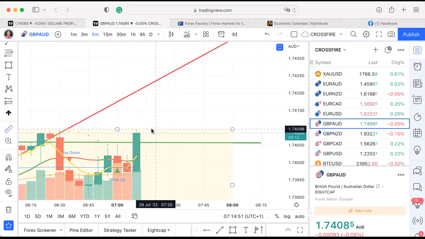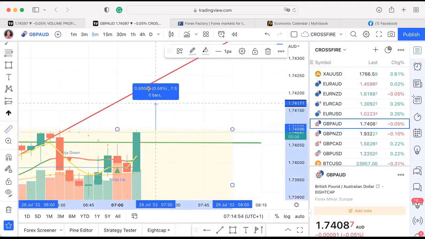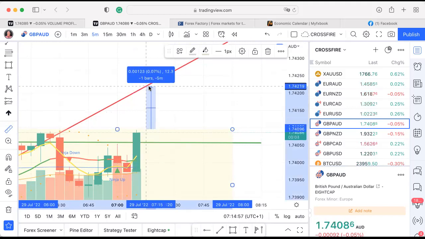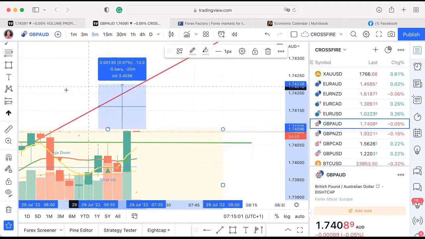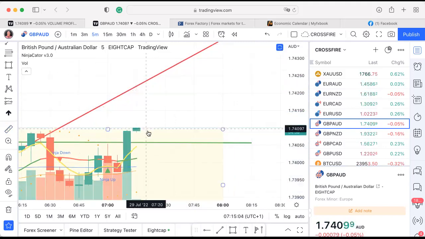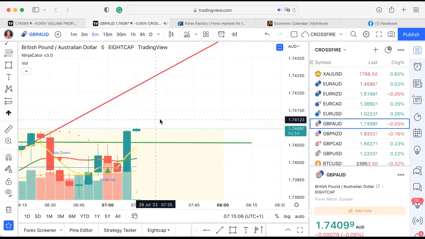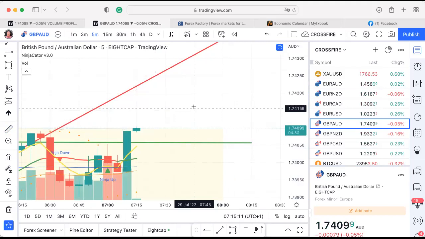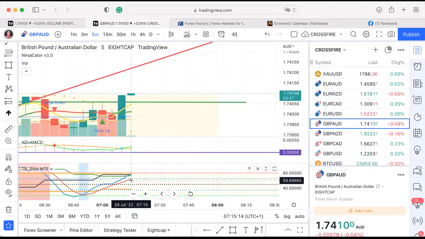So let's say that candle opens at that point there, and we go up. You could get 10 pips out of that if this new candle opens. So there's the opening of the candle. It's just had a slight hesitation there, but I've got a feeling if we look at the multi-time frame, with the 5 minute, it's still not in the extreme, and the green could potentially turn upwards as well. So there is room for that 10-pip move there.